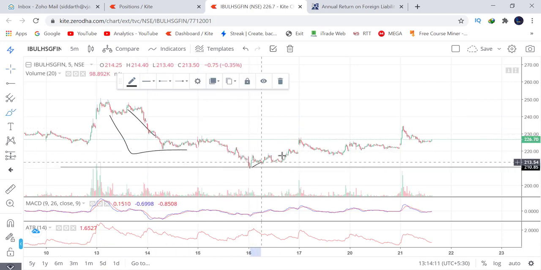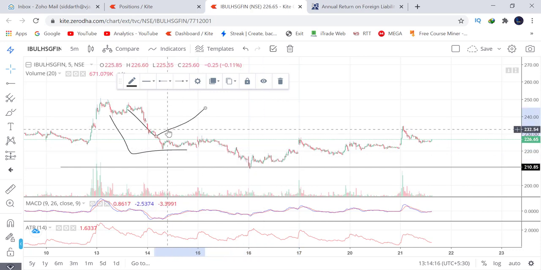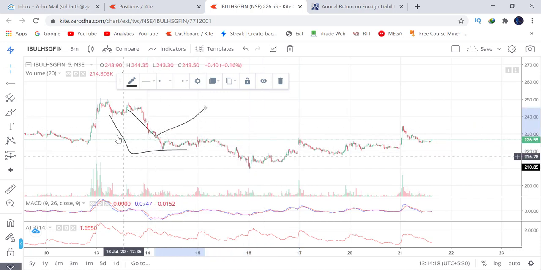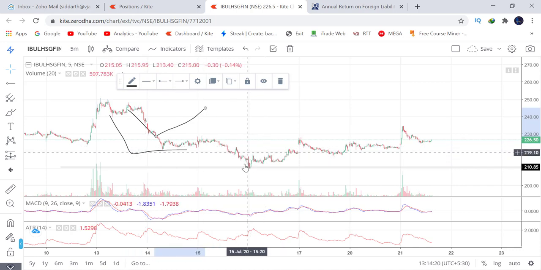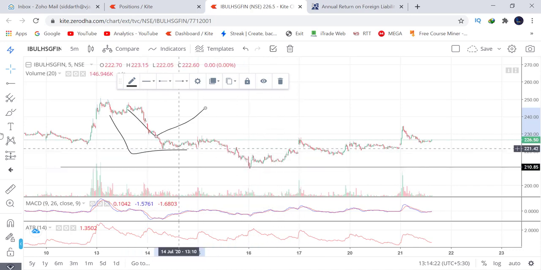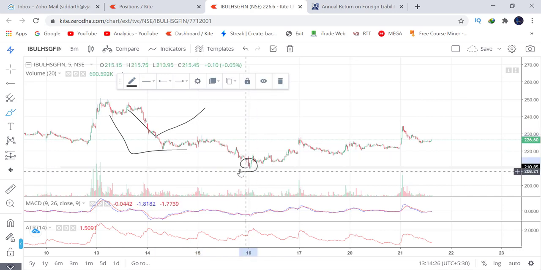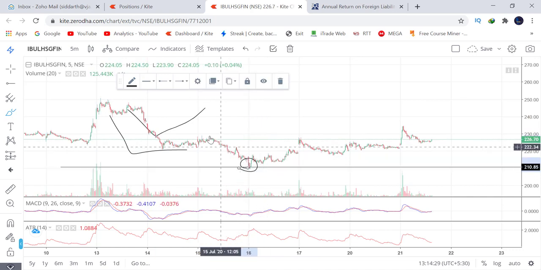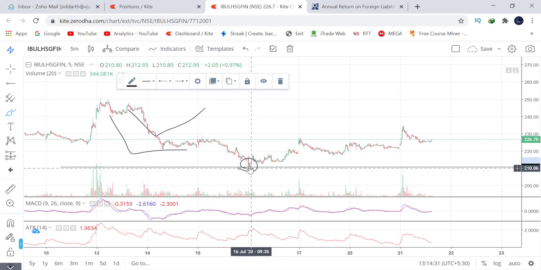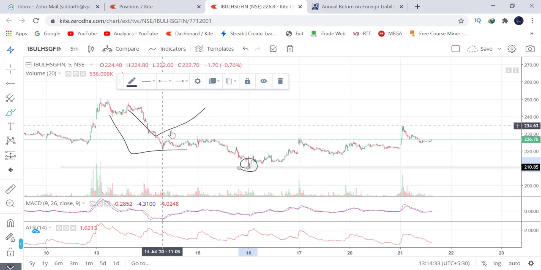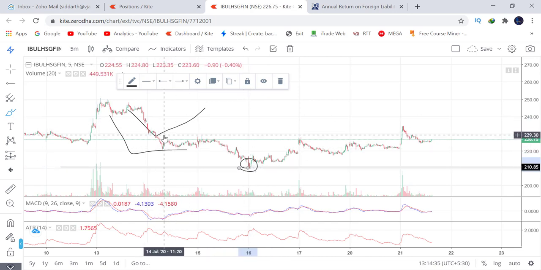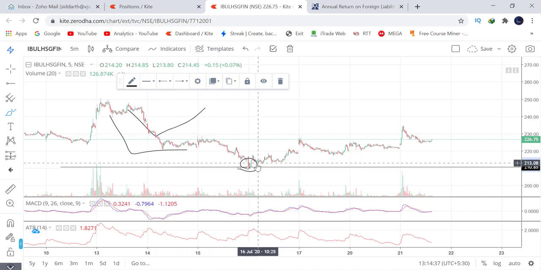And then look at what the buyer did, almost 100% retracement. In fact more than 100% retracement. This shows that the sellers are getting weak around here and the buyers are getting strong. If I wanted to take a trade here, that would be wrong because the sellers are still powerful. I agree that they traveled a lesser distance, which means that they're getting weaker, but that doesn't mean they are dead. They are still there.